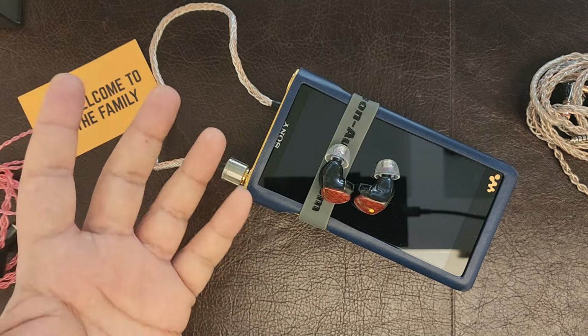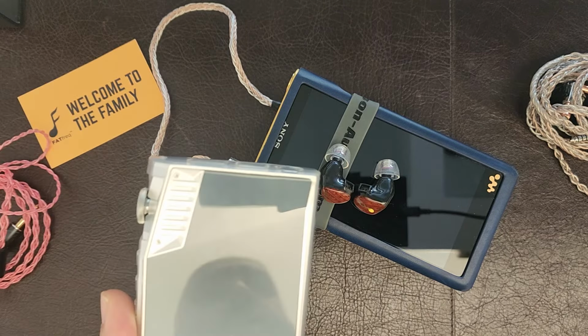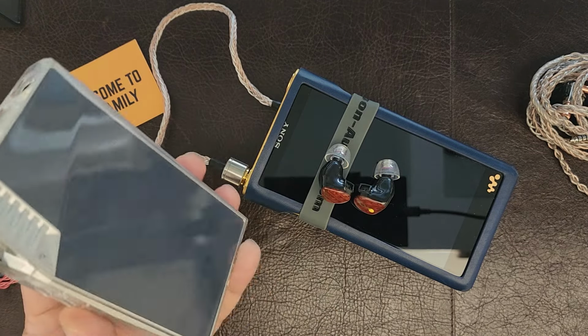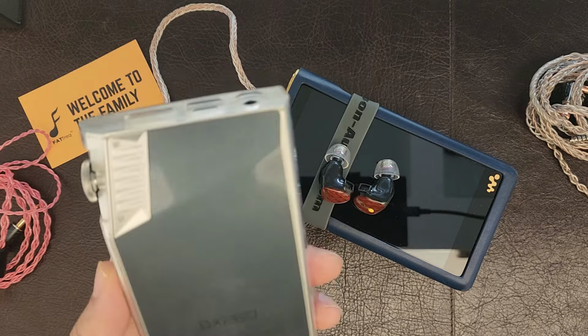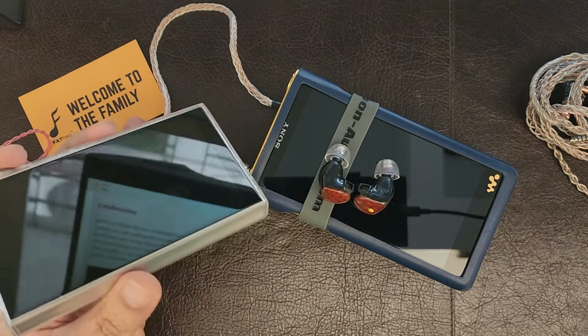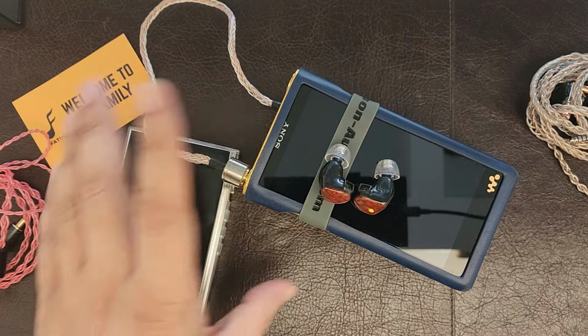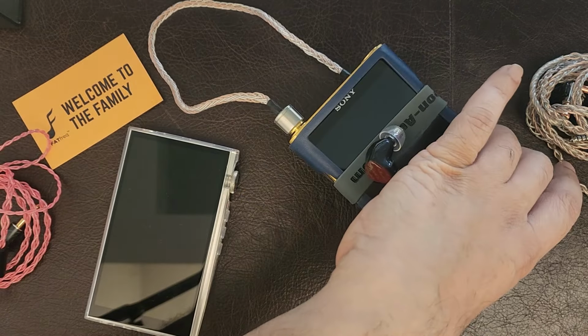Because the staging here is just masterclass. Like, I was listening to this with my... So this is not my most expensive DAP. This is the iBasso DX260, right? And it's a wonderful DAP. It's light. It's powerful. Now, I was listening to the FatFreq Scarlet Mini with the iBasso 260 in the morning